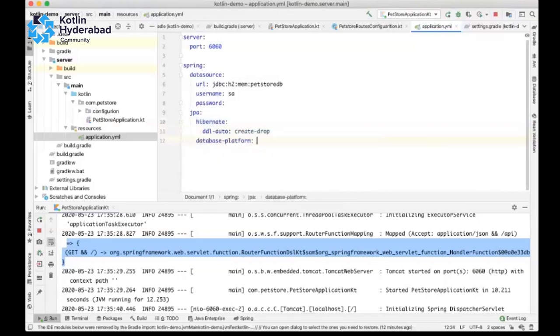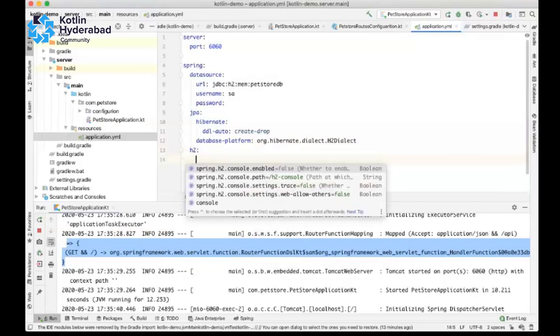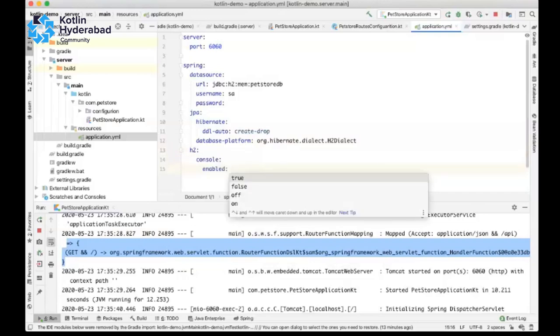Database platform. So I defined just the dialect for H2. Then also, to see some data, I'm enabling the H2 console.